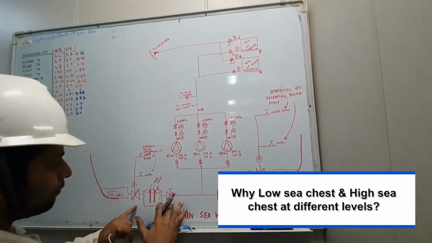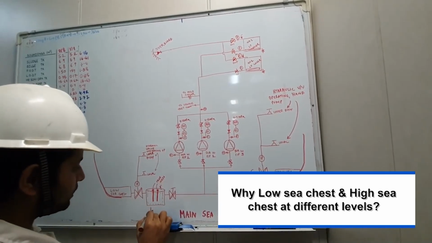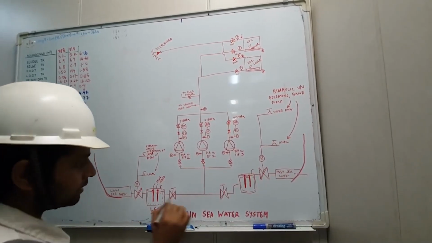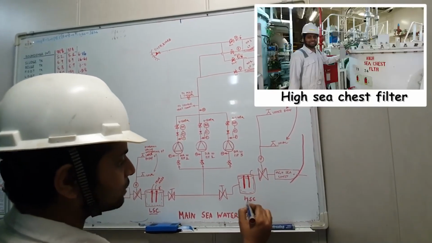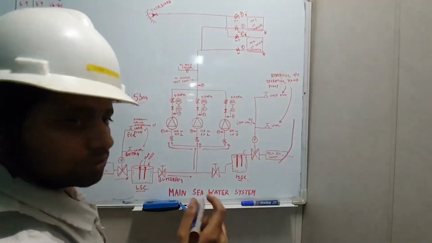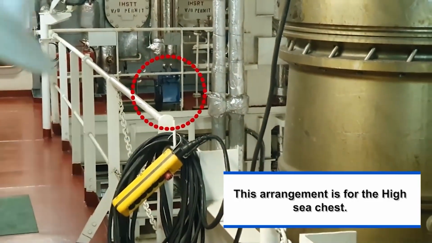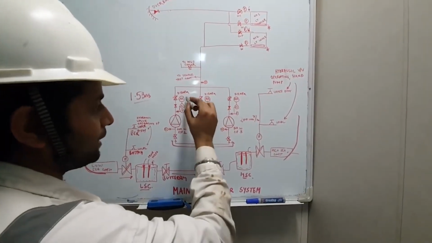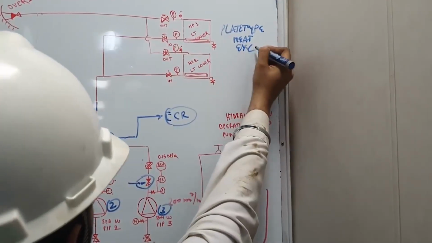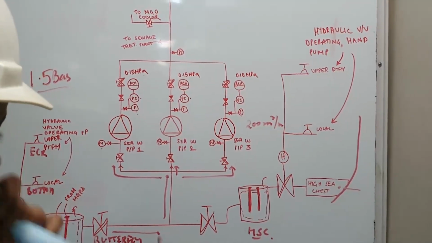Now I have got two big valves fitted over here with a filter in between. This is the low sea chest filter. Okay, this is the high sea chest filter. Now let me concentrate on the low sea chest filter right now. A line diagram is simple and easy, but at times very complicated. If you're about to join a ship for the first time, or even if you've been on ship, you need to know why this particular thing is fitted at this place in that line diagram. If you understand the line diagram, you understand everything.